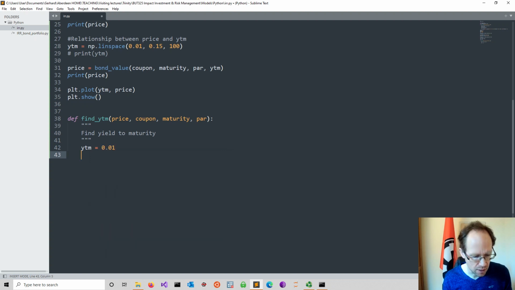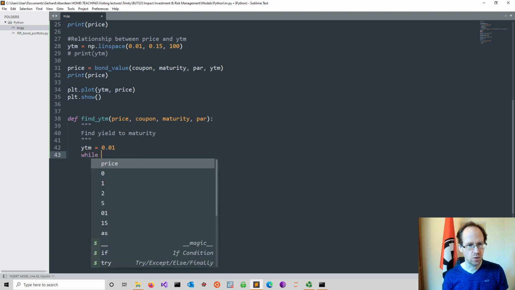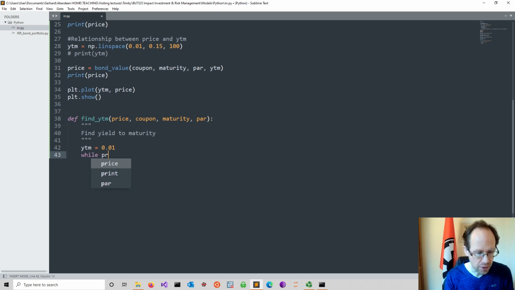So I do some hard coding here. Then I use a while loop. While loops execute while a statement is true. So the idea is I keep adding to my yield to maturity a tiny little bit and recalculate the bond value and compare this bond value to the price. So as long as the price, which will be initially